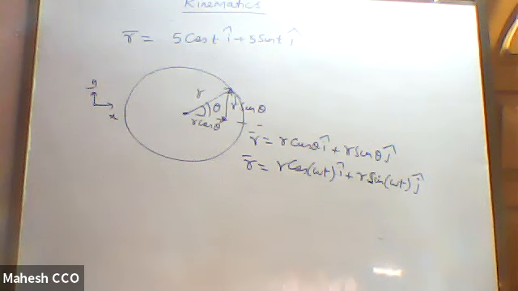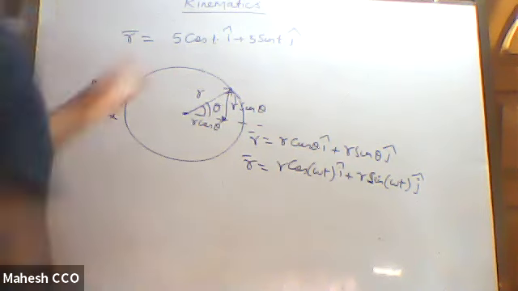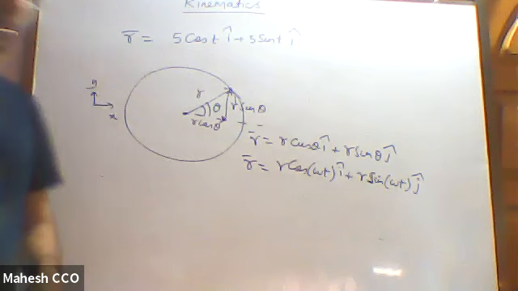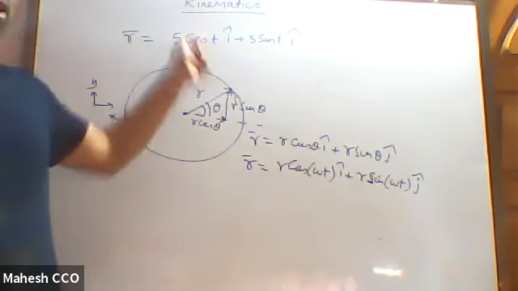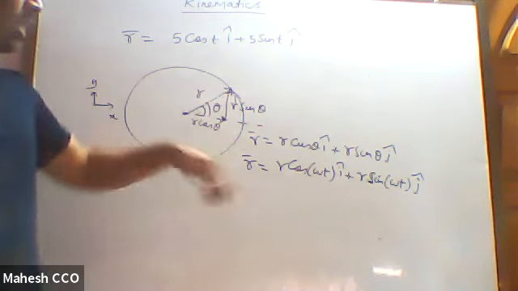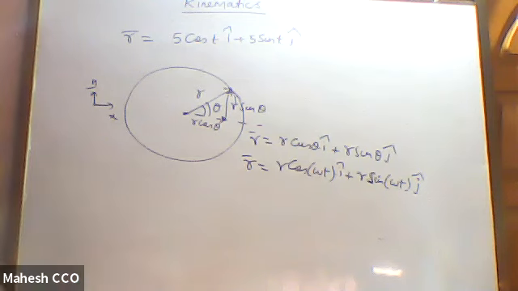And here omega has come out to be 1. That is why we have the position vector as r cos t i cap, I mean 5 cos t i cap plus 5 sin t j cap. By looking at such a position vector, I can understand that it is indeed moving in a circular path of radius 5, r equal to 5 here, and omega t is t, so omega is 1 here. That means 2 pi by time period is 1. Therefore, the time period is 2 pi seconds.